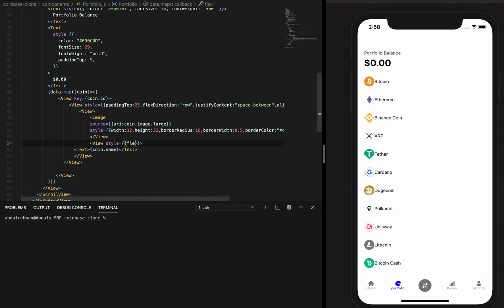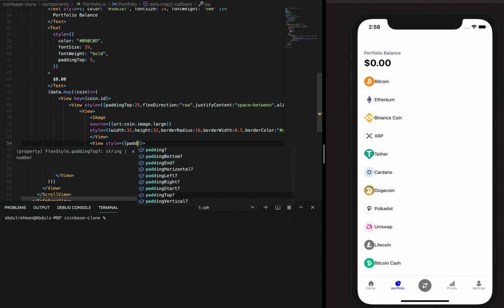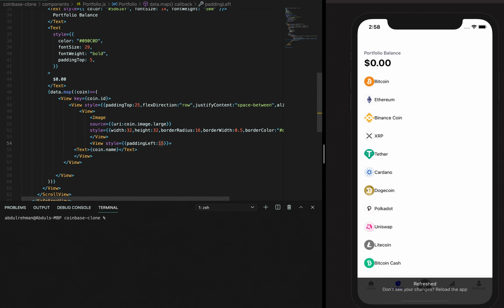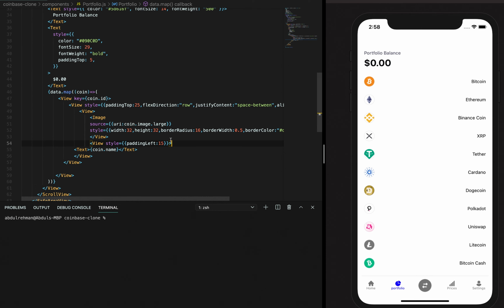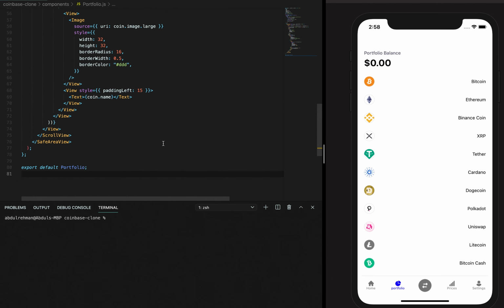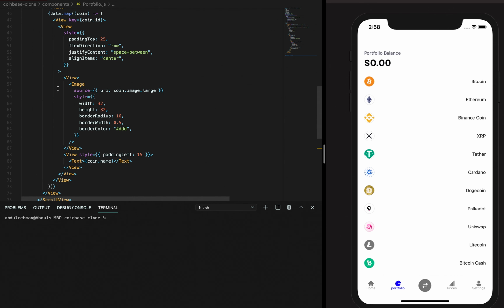Actually, I'm gonna give a padding left of, how much do we need? 15 is gonna do, maybe. Yes, 15. So once that one is done, actually let me format the document a little bit. Alright guys, so we have the first view for the image, then the second view is going to be for the text, and we're going to need another view for another text,